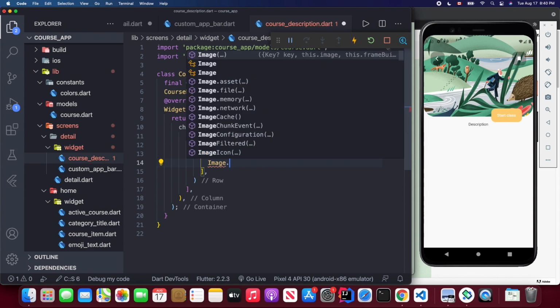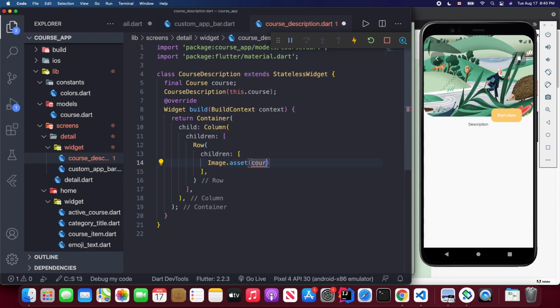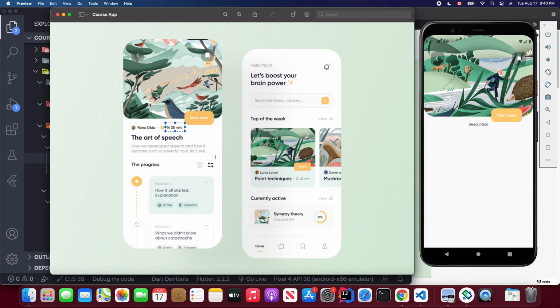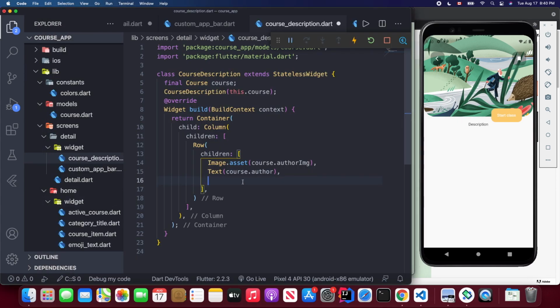So first we use Image.asset, and we're going to load the author image, right? And then is this text. So the text would be the author's name, so we can load the author. And last would be, I think, the total course time, and also we have this time icon, and also this very small grey dot. So let's implement this grey dot first, and this is just a container,